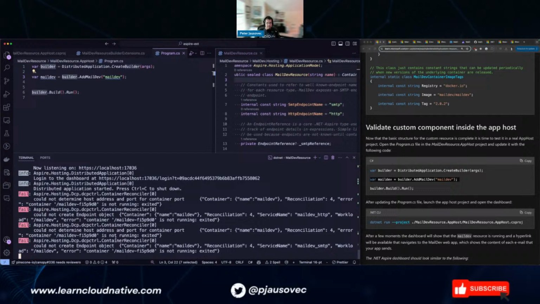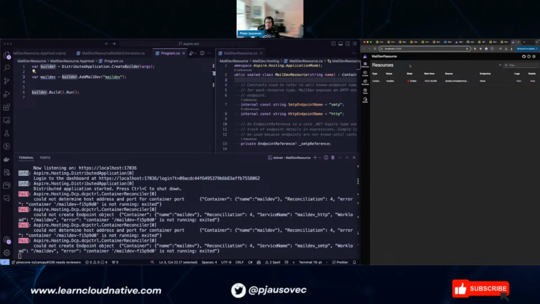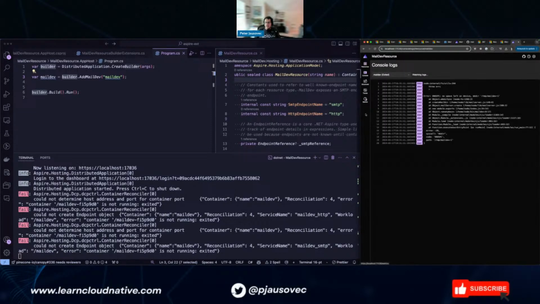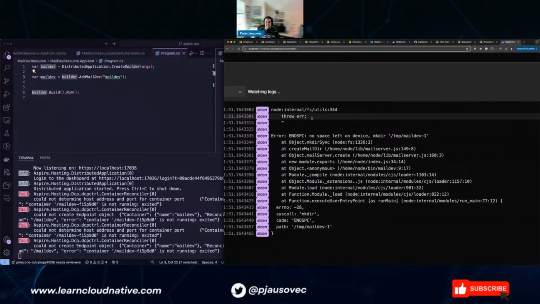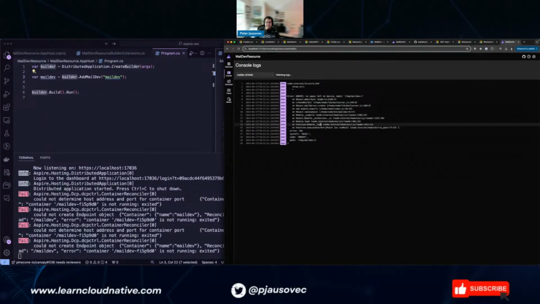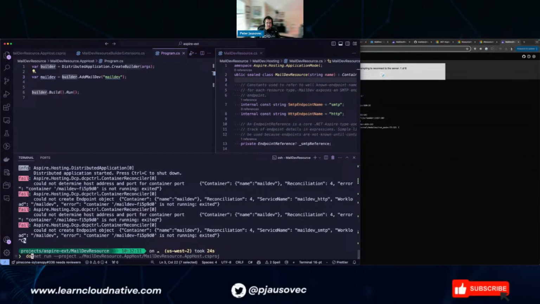Huh? Container exited. Why? So let's go here. So it exited. Anything in the log? Oh, there you go. What? No space left on device? What does that mean? Do I need to run Docker prune or something? Docker system prune or